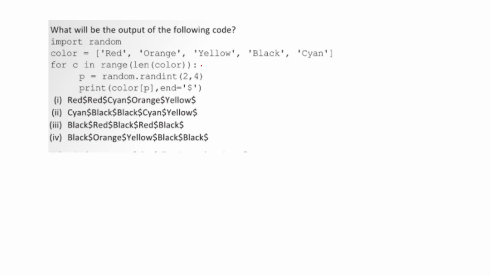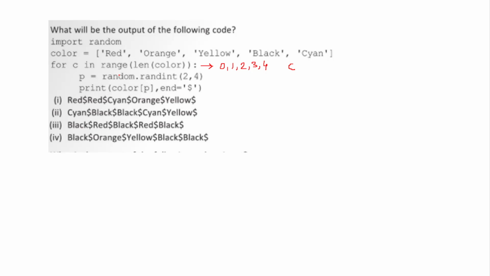So that means the value of C will take 0, 1, 2, 3 and 4. These are all the values of C.